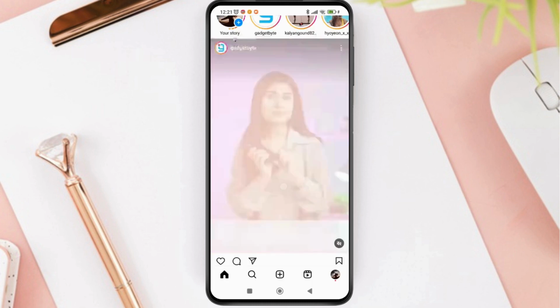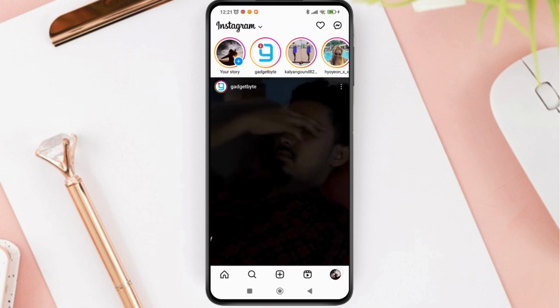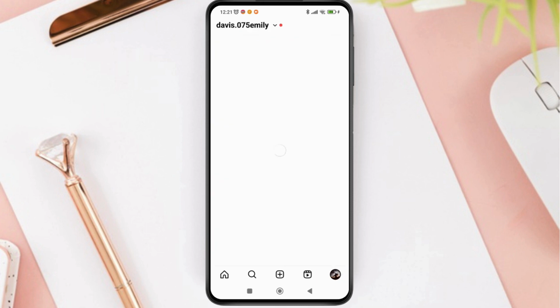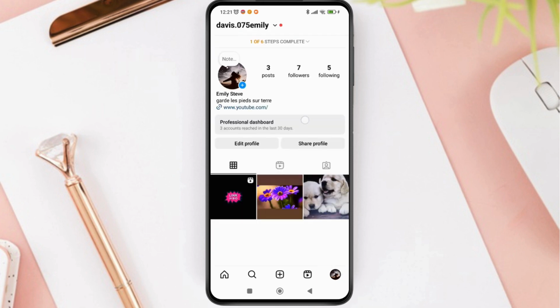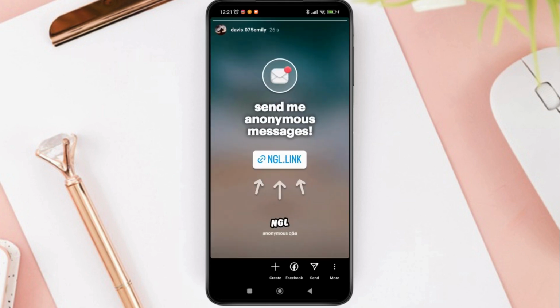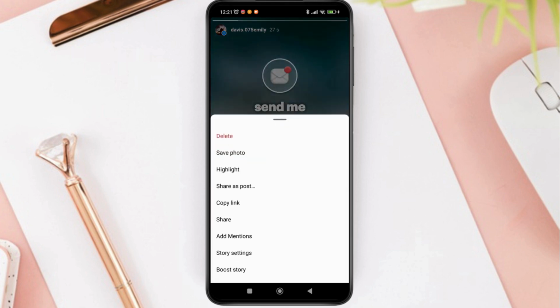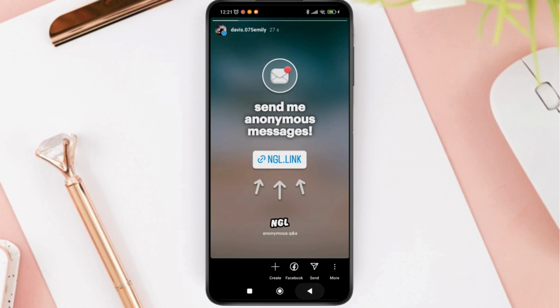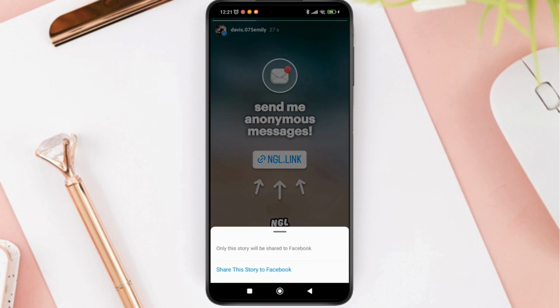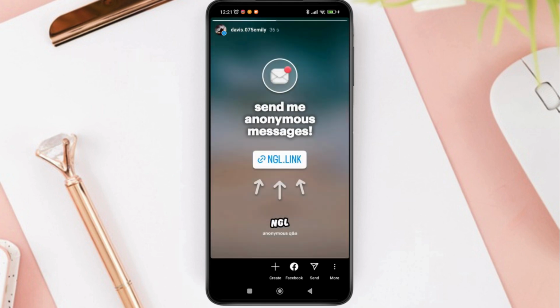This way you will link your NGL link to your Instagram story. Now as the story gets published, go to your profile and check your story once. Tap on your story and here you can see the option of Facebook at the bottom of the screen. So just tap on that and tap on share the story to Facebook, and this will share your Instagram story